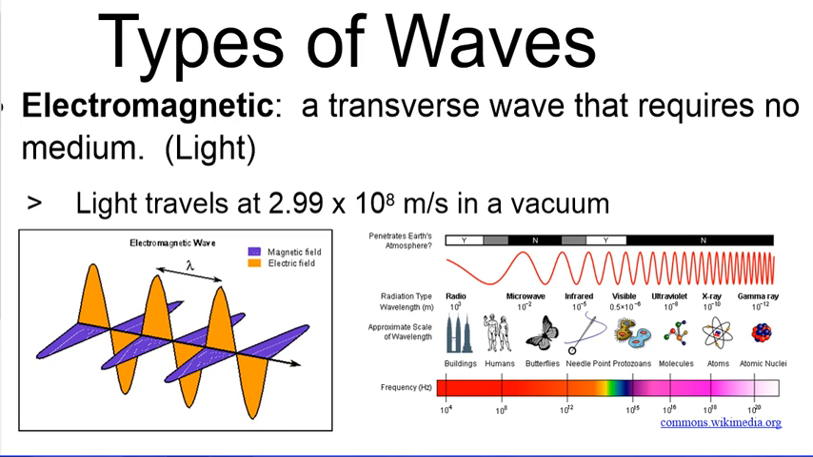So, types of waves. We have electromagnetic waves. These are transverse waves that require no medium. And we're going to talk about what transverse means in just a little bit. So light travels at 2.99 times 10 to the 8th meters per second. That is very fast. This is what we consider to be the cosmic speed limit right now. We typically will round this to 3 times 10 to the 8th meters per second